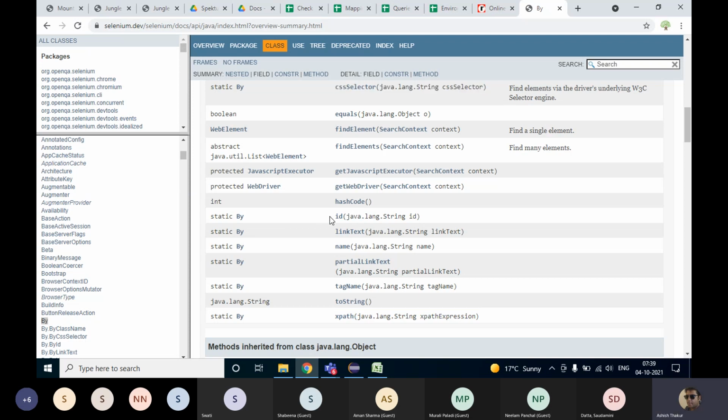First we'll look at the easier ones, then we'll look at how to code with them, and then we look at the complex ones. Because not every time you will have an element with an ID or a name. If you have an element on the web page which does not have an ID or name, then you will have to use XPath or CSS selectors. So that's the thing.